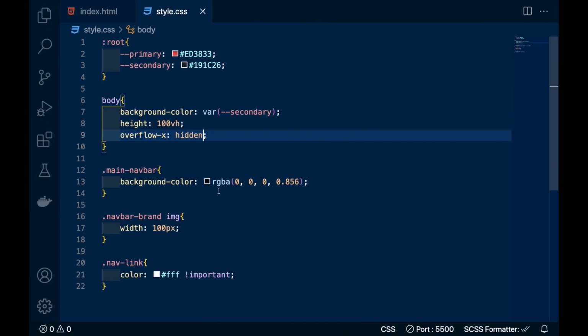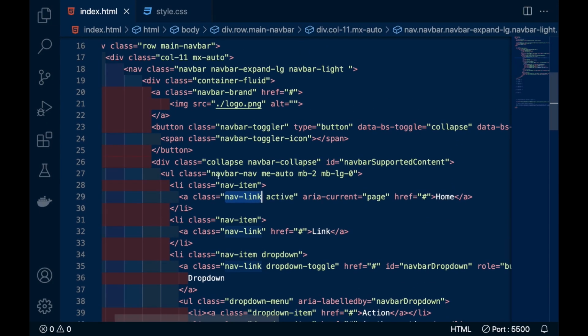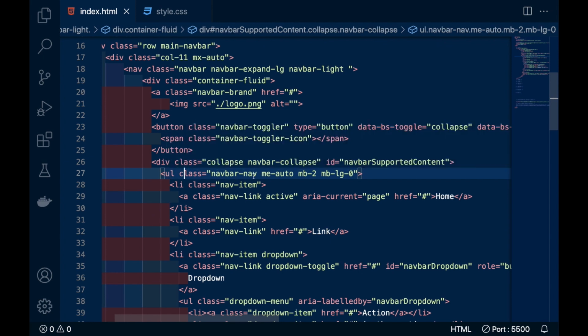For that we are going to come into the code, and here navbar-nav. First, all these home and drop downs are contained inside an li. So an li will definitely be inside a ul or ol. So here you can see a ul, and this is containing the classes navbar-nav and ms-auto. So ms-auto is written here to bring it from the left side.